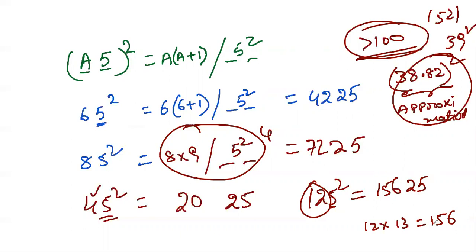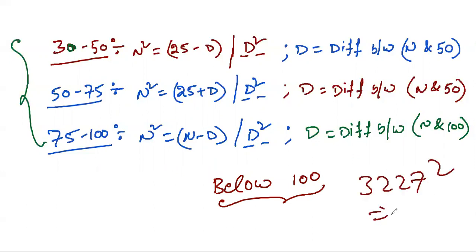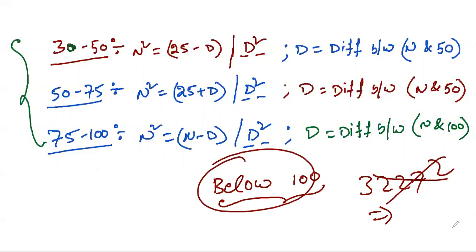But I'm saying to you again, the methods we discussed now are very useful, and you can solve any square number below 100. Why am I saying again and again below 100? Because in your banking examination or any other competitive examination, they will not ask you 3227 whole square is how much value. No need to find out this value, because this is part of your question, not the entire question. In your question, the question will be framed like this: 87 square plus 24 divided by 3 plus under root